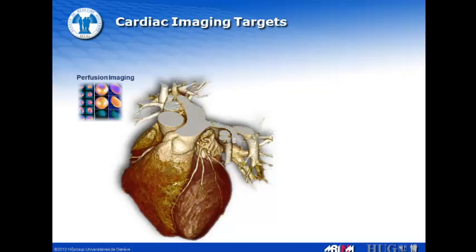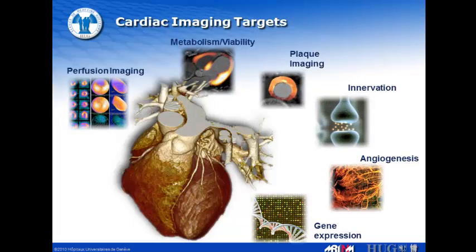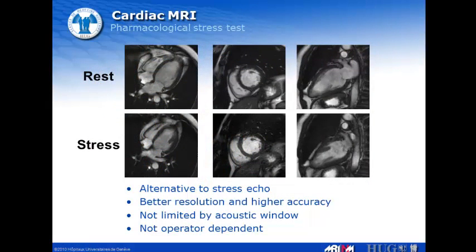So what are the imaging targets in cardiac imaging? Well, everybody of us knows we are doing very much perfusion imaging, but we are also looking at metabolism and viability. So these two things will be the major issues of my talk. And then I will also talk a little bit on plaque imaging, angiogenesis, and gene expression if we have the time at the end. So when looking at perfusion imaging,